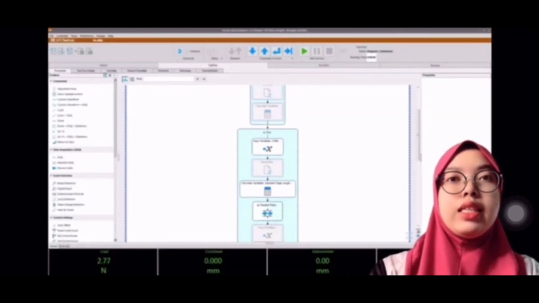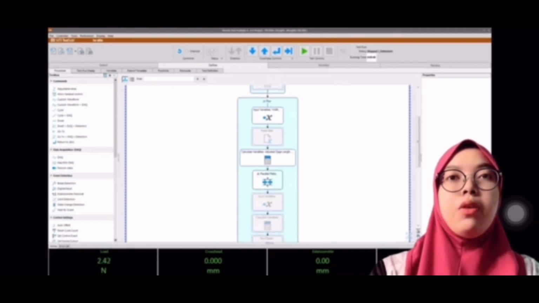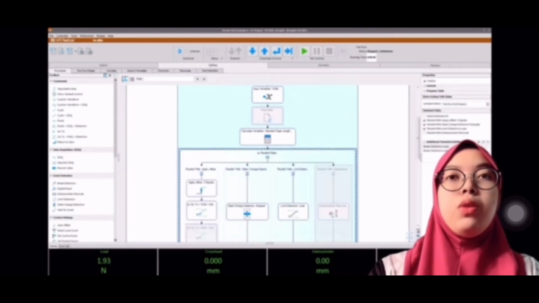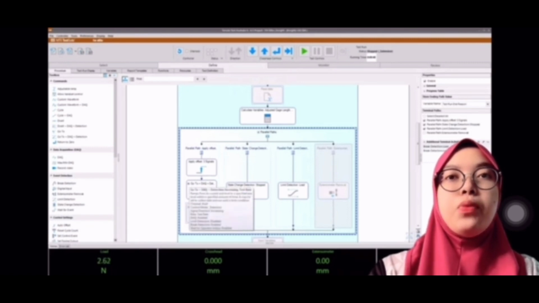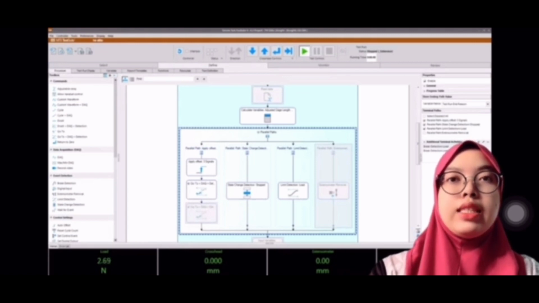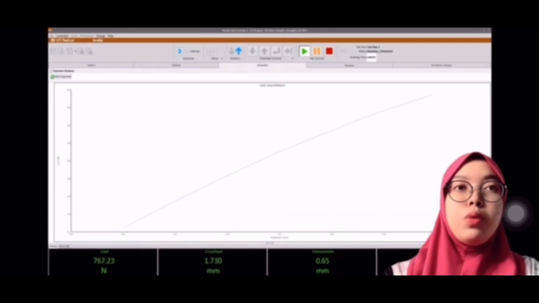Now, the test is set up. We have to set up the software. Today, we will be using the MTS TestSuite. We will be using the pre-made template, EM Tension Simplified. Each of these boxes represents a command. As we work our way down the procedure, the commands get more and more complex, using a parallel path for break